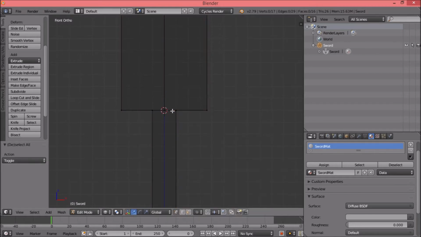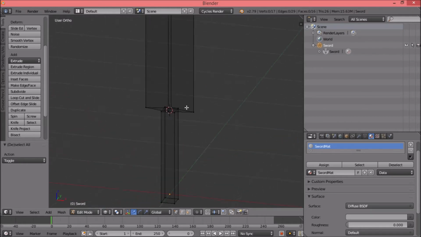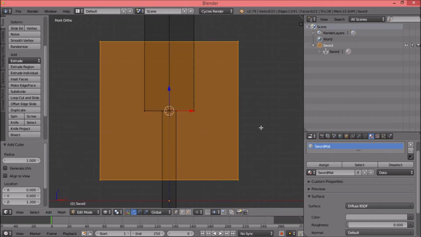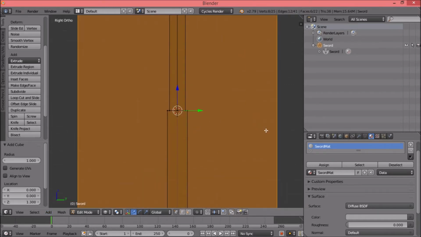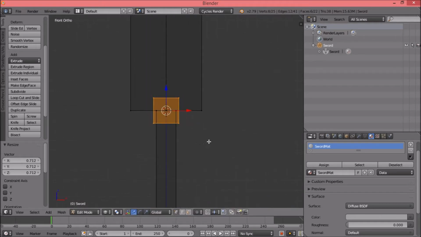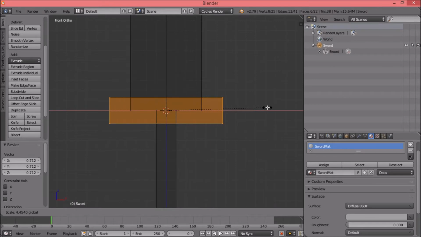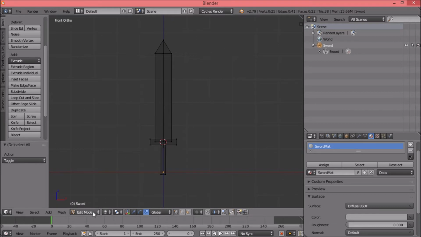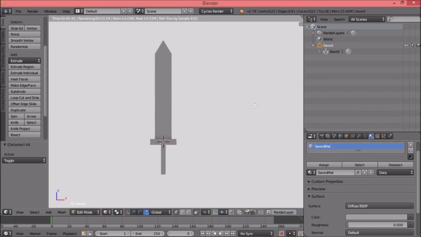It will snap our cursor to the mid of this selection, and now we'll add a cube. Go to side view and scale it, and then scale it on X, and let's get to rendered. So this looks pretty good, looks like a sword,